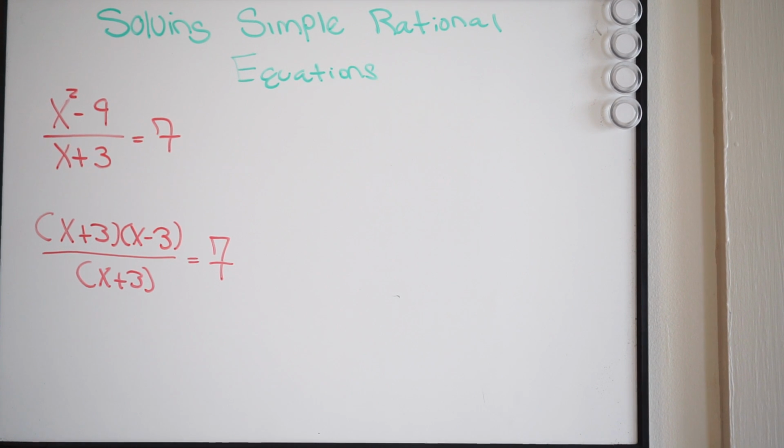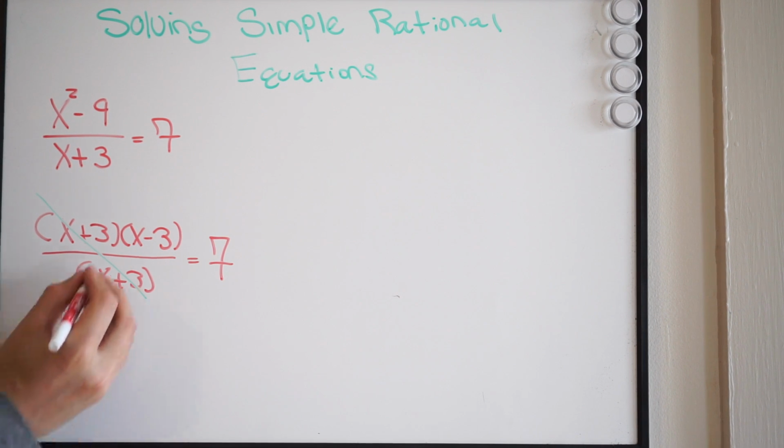Okay, so same thing, when we were dividing and multiplying and simplifying down these rational expressions, we looked for a common factor on both the top and the bottom, and then we were able to cancel it out. Well, we're going to do the same thing here. I have an x plus 3 and an x plus 3 on both the top and the bottom, so that means I can cancel it out. And what I'm going to be left with here is x minus 3